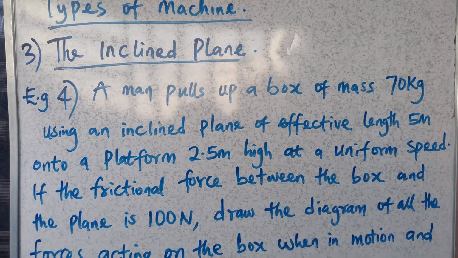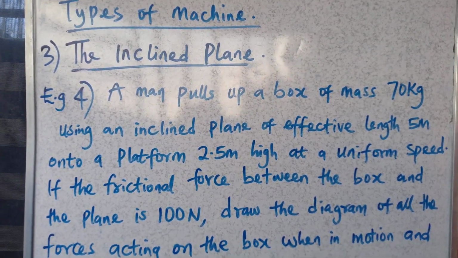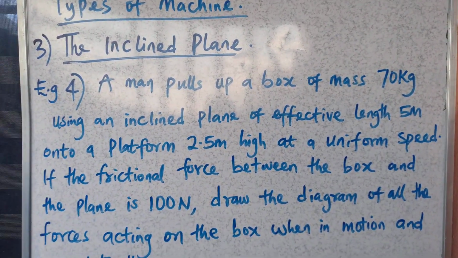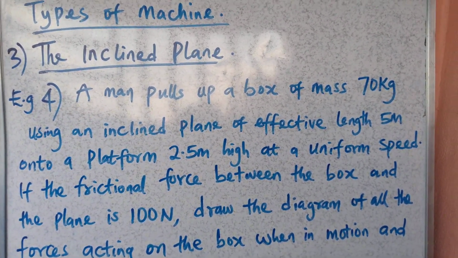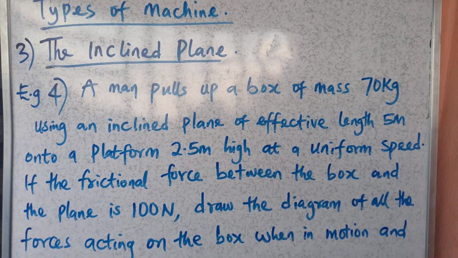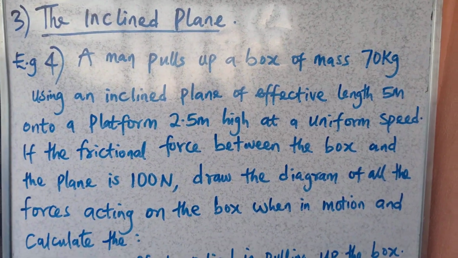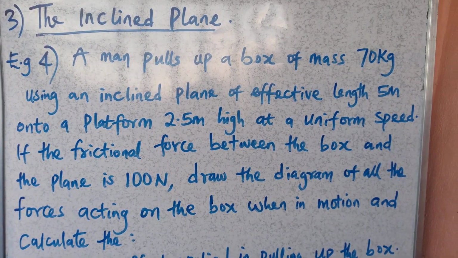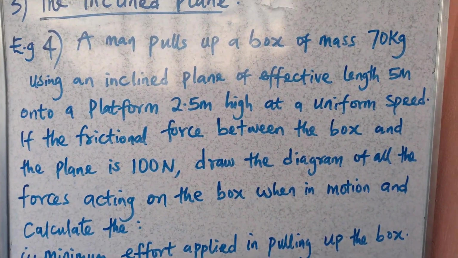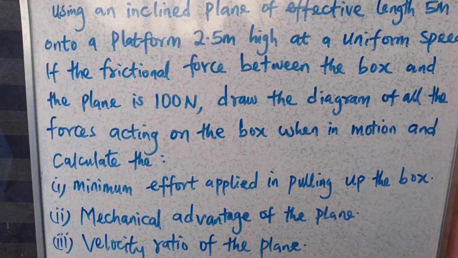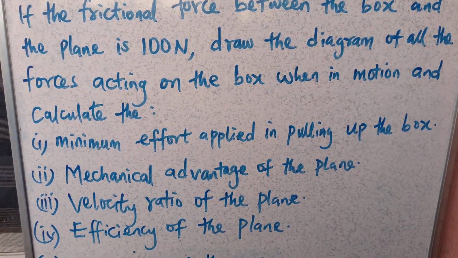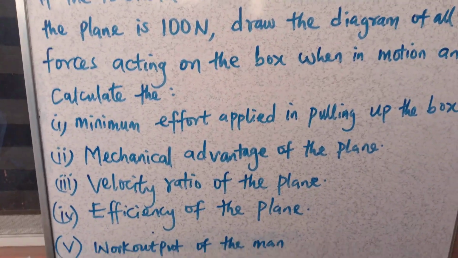Alright, we have another question on the board. It says a man pulls up a box of mass 70 kg using an inclined plane of effective length 5 meter onto a platform 2.5 meter high at a uniform speed. If the frictional force between the box and the plane is 100 Newton, draw the diagram of all the forces acting on the box when in motion and calculate the minimum effort applied in pulling up the box,